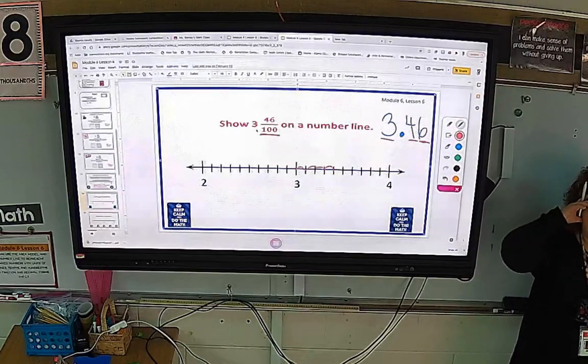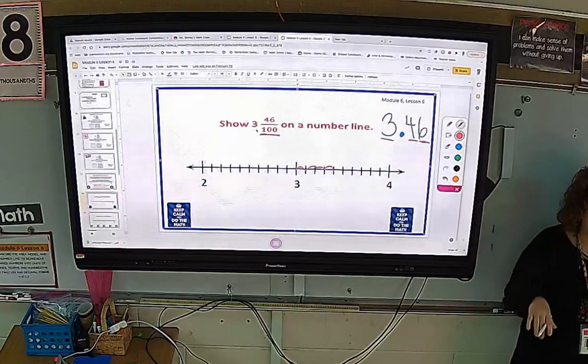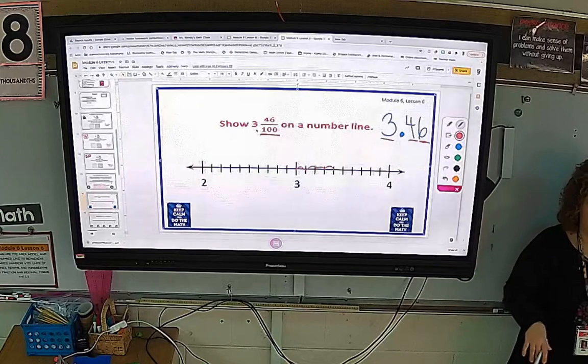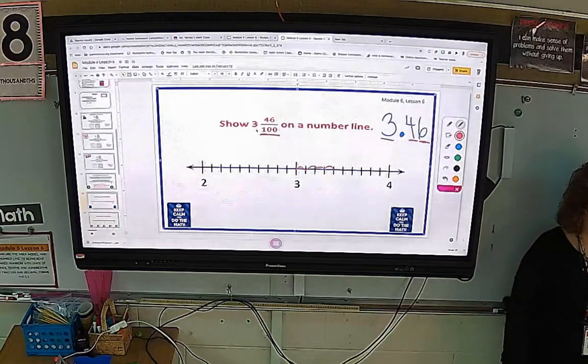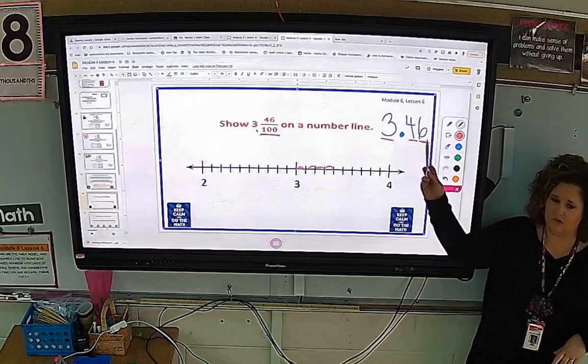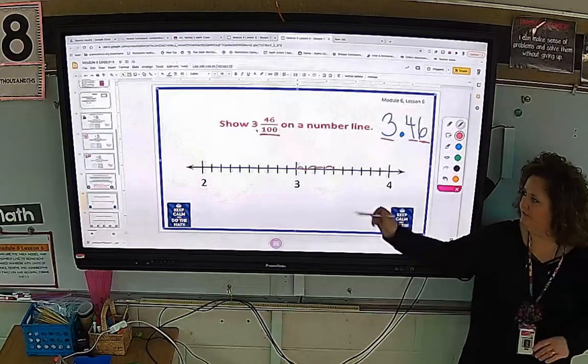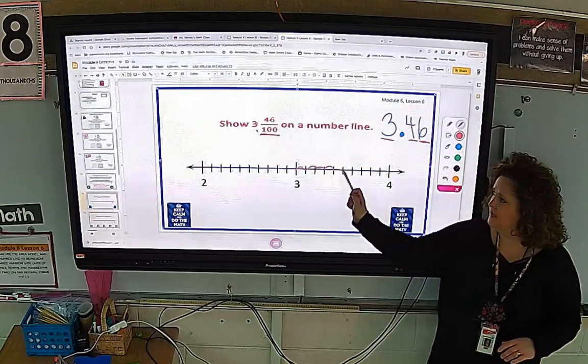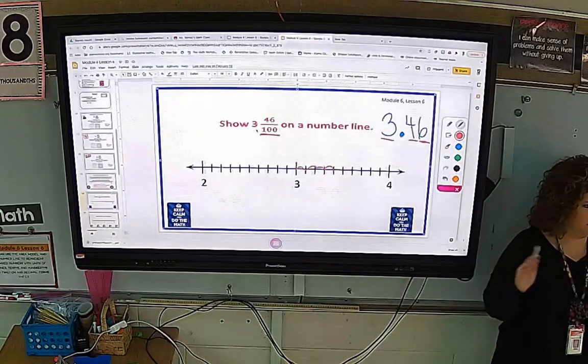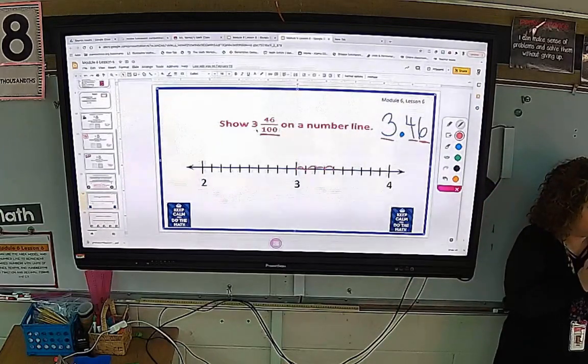Okay, hold on. All right, guys, there's no way with the size of your marker that you can draw 10 pieces between and it be seen. So let's do this. We're going to do that estimating thing. And even this is going to be hard to be seen. If I have 6/100, is that closer to the beginning of 4/10? Is it closer to 4/10 or is it closer to 5/10? Or closer to the middle?